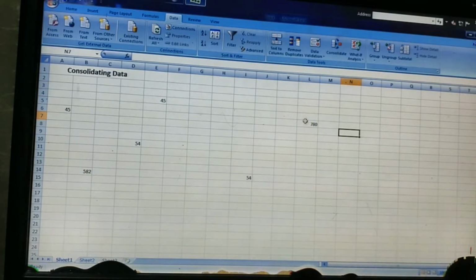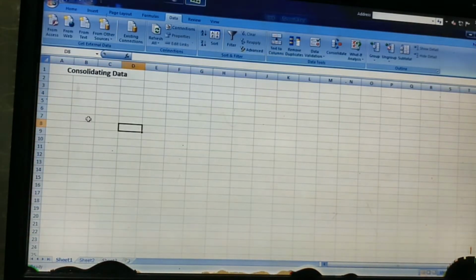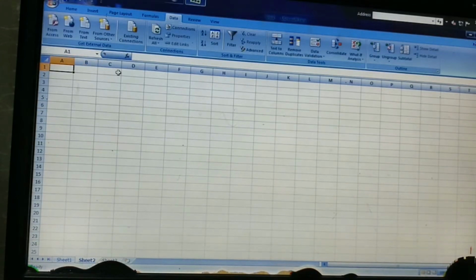So 780 is the total. In the same way, if you have different values on different sheets, they can be calculated together. Like on sheet 1, I am entering 50, and I'm changing the sheet. This is sheet 2. Here also I'm giving the value 50, and on sheet 3 I want its total. So I am leaving my cursor here and click on consolidate.